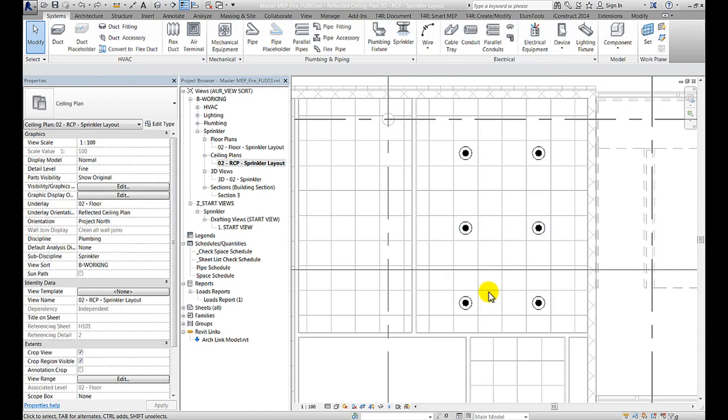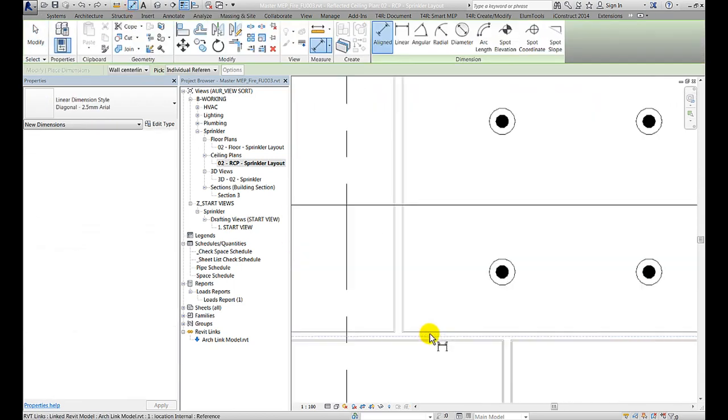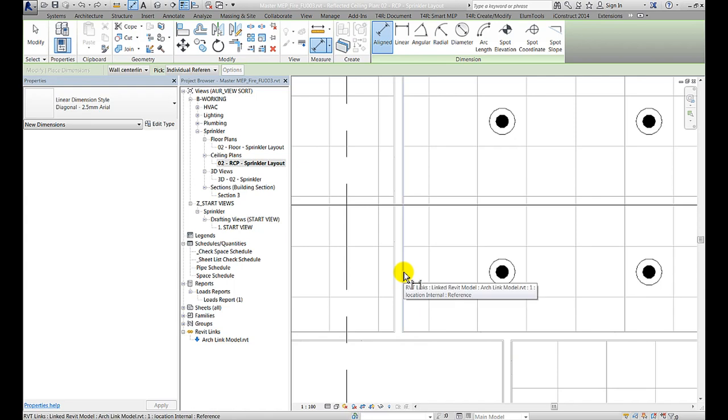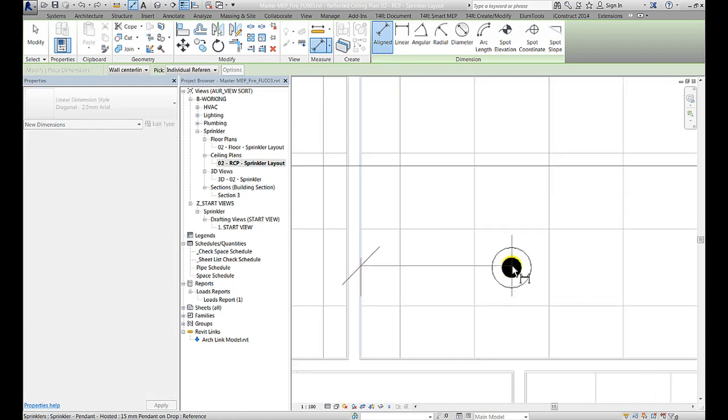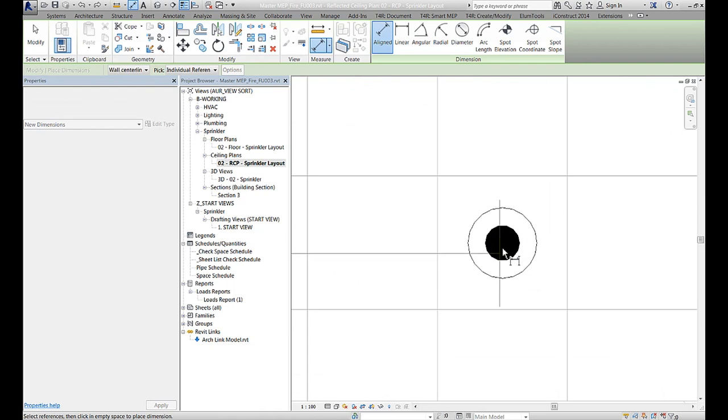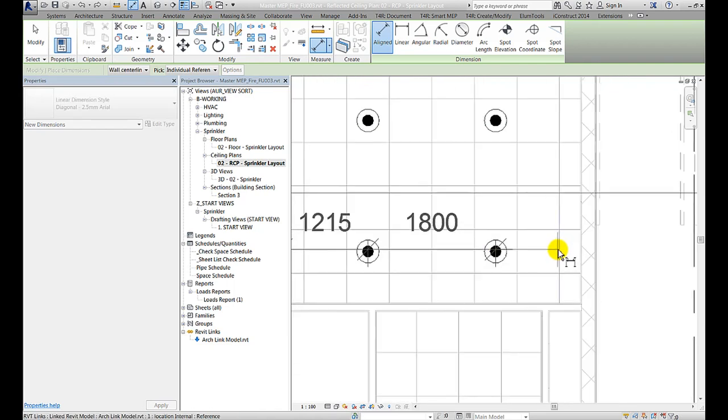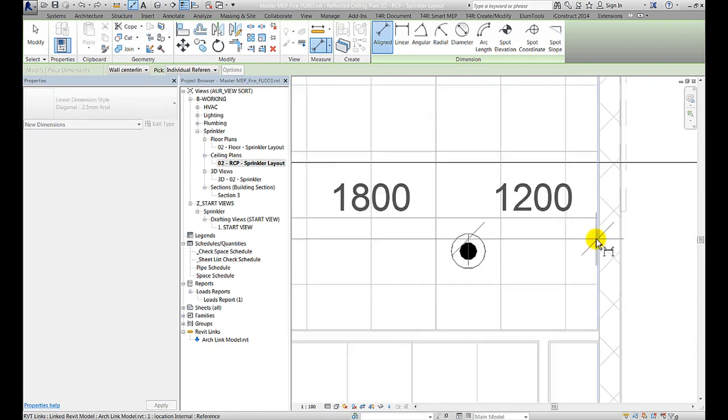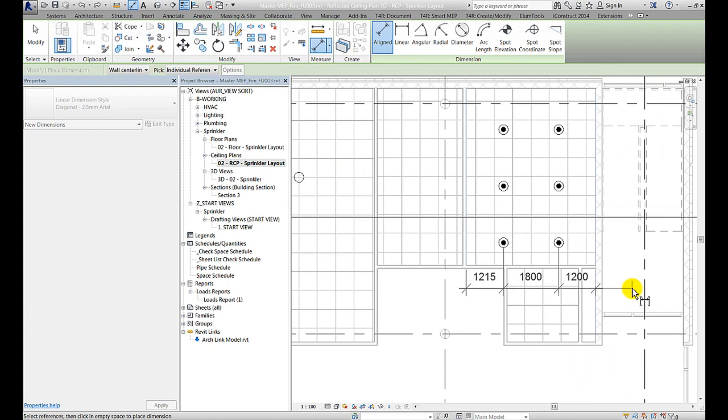You can also use dimensions to manipulate and equalize the spacing of sprinklers in rooms where you may not have a ceiling grid as a guide. For example, if this room did not have this ceiling tile grid, let's say it was set plaster, I could utilize my dimension tool to dimension from firstly the wall, then to this first sprinkler, to this second sprinkler, and lastly to the wall on the other side. I can then click to place this dimension run